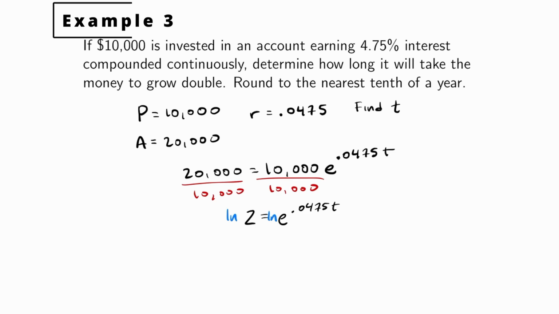On the left-hand side, we get the natural log of 2, which is some number. On the right-hand side, the natural log cancels out the exponential function, and we just get 0.0475t. Then we can divide both sides by 0.0475. And so t is just going to be the natural log of 2, which is a number, divided by 0.0475. If you plug that into your calculator and round to the nearest tenth, you should get that t is 14.6